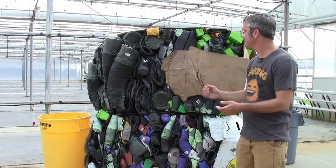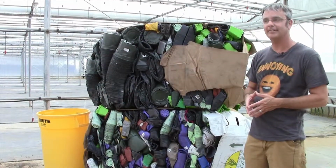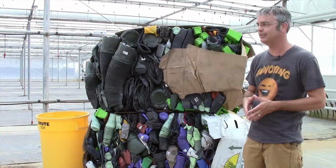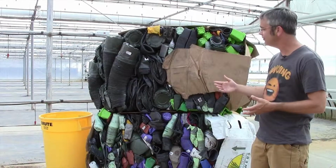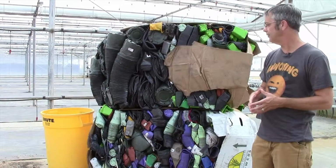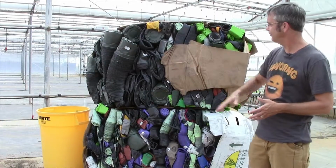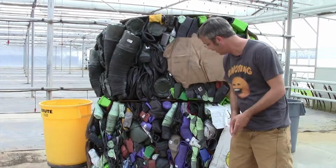What we're here to demonstrate today is another process that we're proud of that enhances what we try to do here to preserve the environment, and that's a recycling program that we're tackling, and it's grown quite a bit over the years. This is a bale of, as you can see, a bunch of 8-inch pots, some 4.5s,